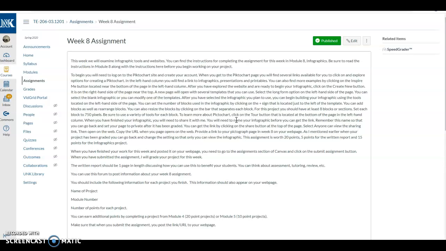Now, an infographic, like I've been talking about in the last few weeks, is a great way for you to do alternative assessment. Having students create infographics is a great way to use their creativity, their teamwork, their collaboration. And if they can create an infographic to teach you something, they learn their information. It's a great way for them to do review, maybe a unit project, anything like that would help